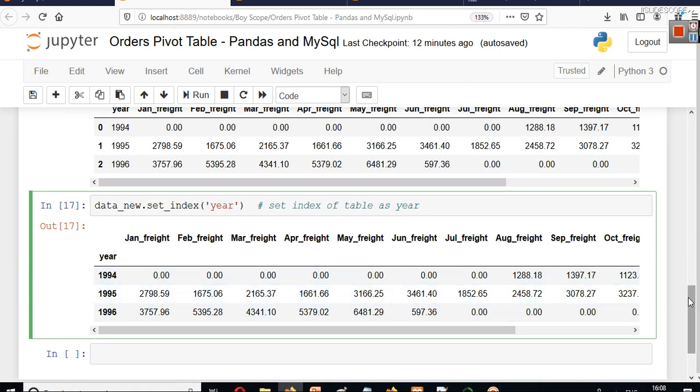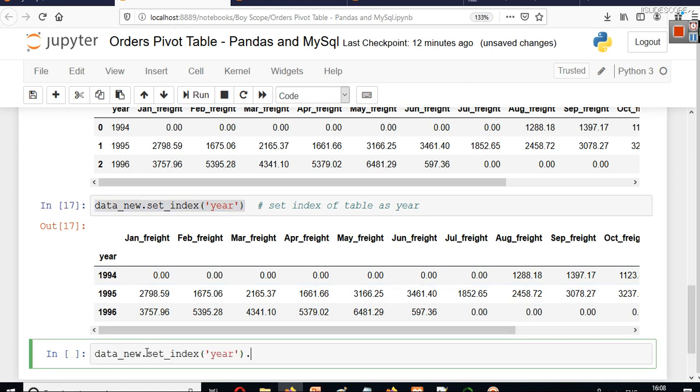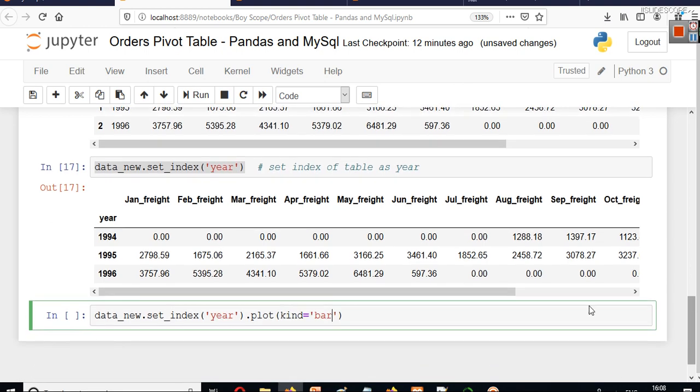What is the benefit of this? You will just see the benefit of this. Now we can select this whole thing, write it, and plot, and we can say kind is equal to bar. So we can plot a bar plot here. To plot a bar plot, you just have to write dot plot, kind is equal to bar. And you can also set the figure size of the graph that we will see. So it will be 15,6. 15 will be the length and 6 will be the height.